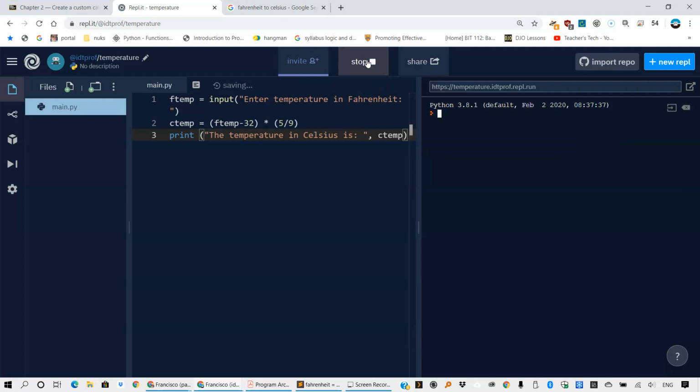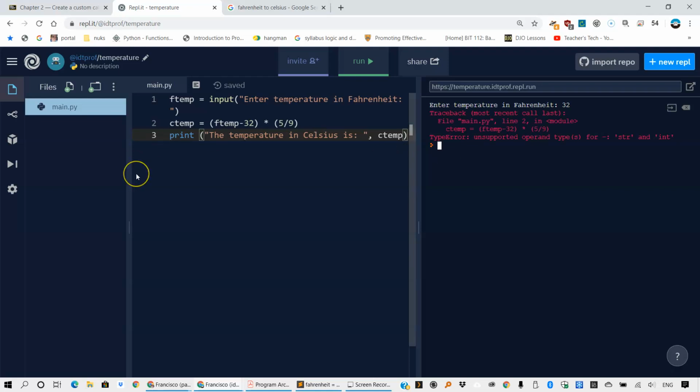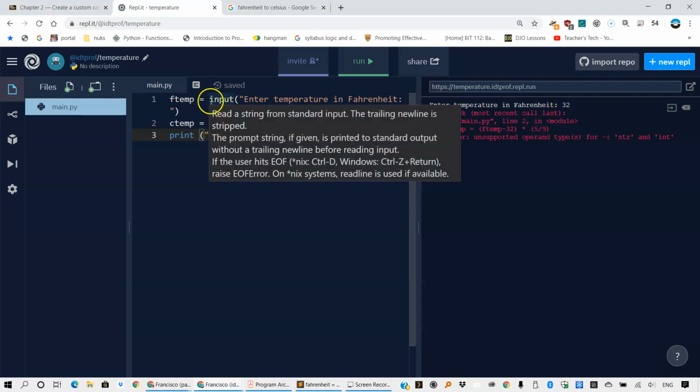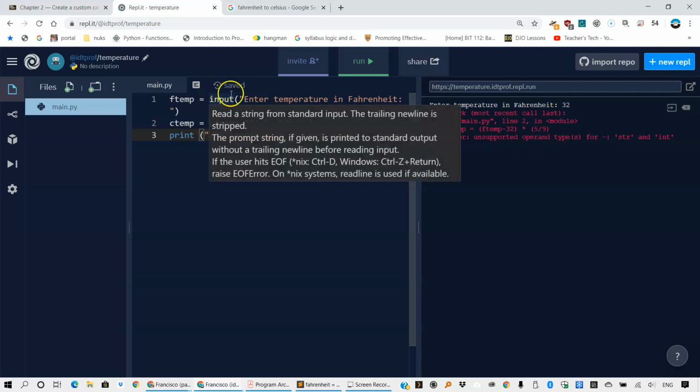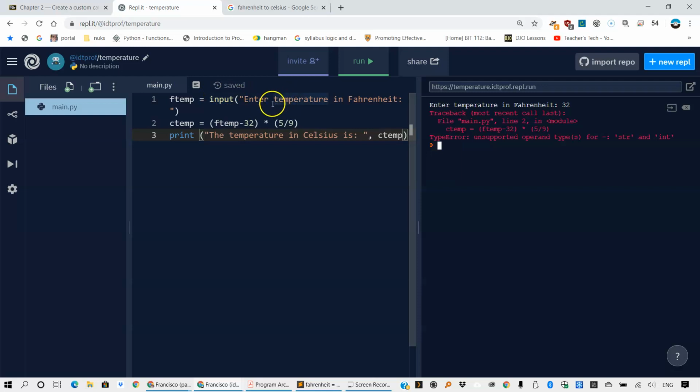Let me try to run it. Enter the temperature in Fahrenheit. We said that we're going to try 32 because we know that the answer should be 0. And I get an error. And I get an error because, as I showed you in the last video when I demonstrated the input, it's not enough to just ask the user to give us a number. A number input by the user in enter temperature in Fahrenheit, and giving that value to ftemp will keep the